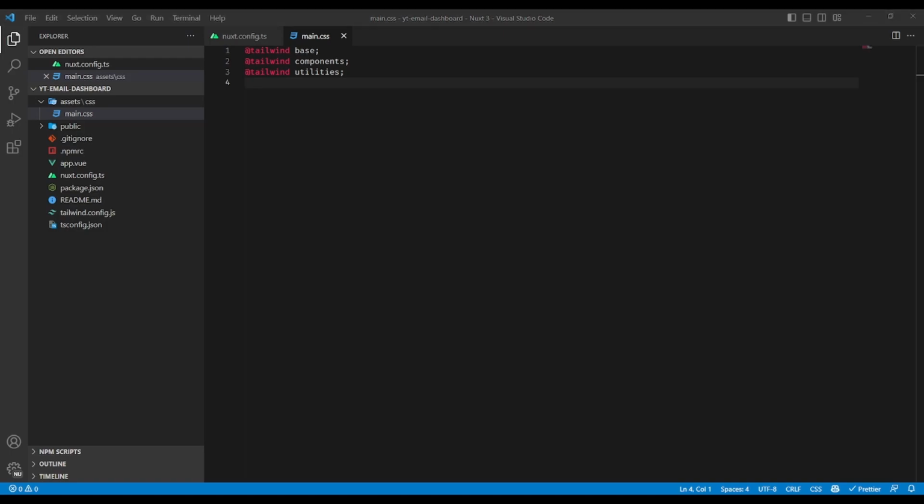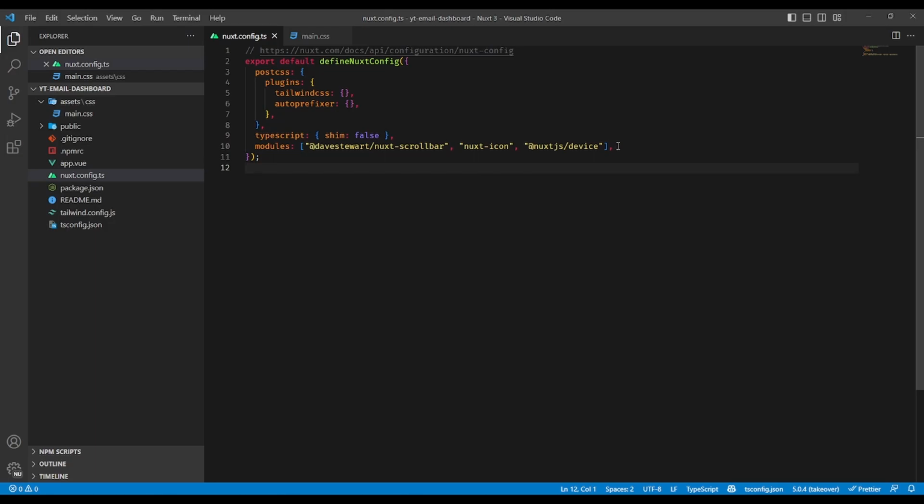And then now back in our Nuxt config, we're going to register, quote unquote, register this CSS file. So we're going to say CSS, it's an array, and it should be this file, assets/css/main.css. So save that. And then lastly, we want to add the font family, the link to our font style sheet